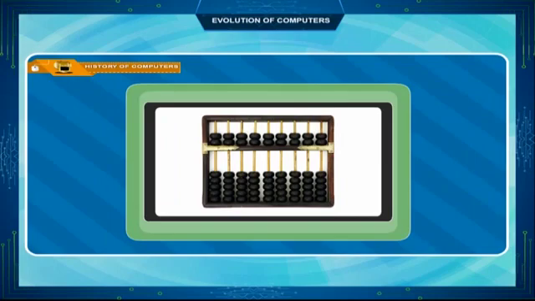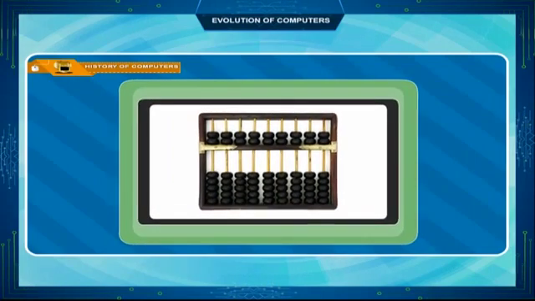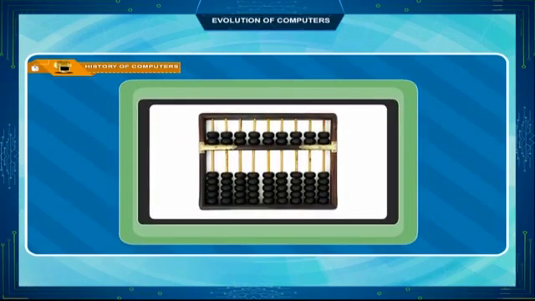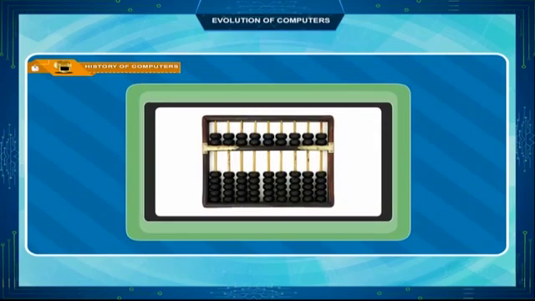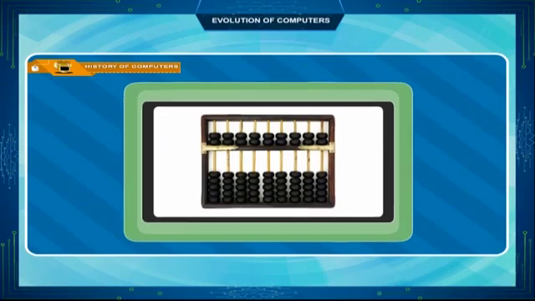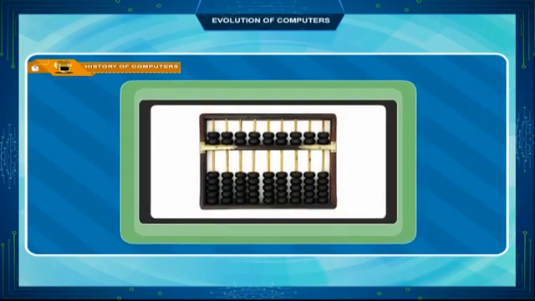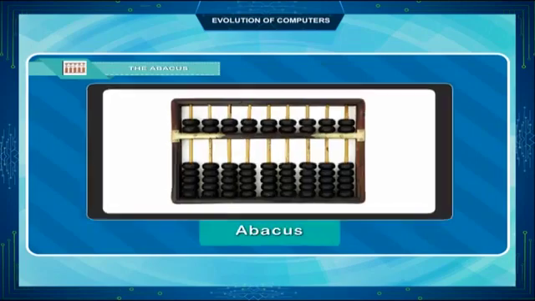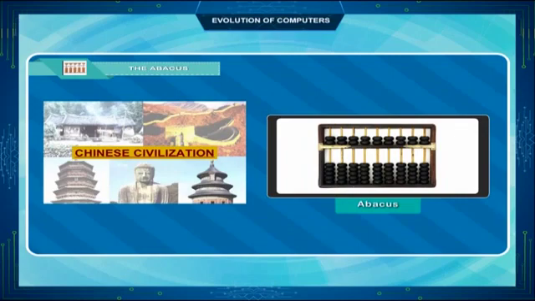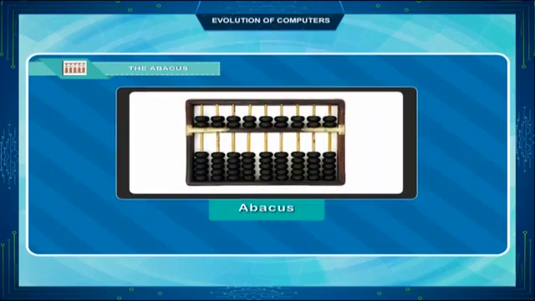Early people started following a set of procedures to perform calculations with these stones, which later led to the creation of a digital counting device. This was the predecessor of the first calculating device invented and was known as the abacus. The abacus is known to be the first mechanical calculating device, invented about 5,000 years ago by the Chinese. It was used to perform addition and subtraction easily and speedily.